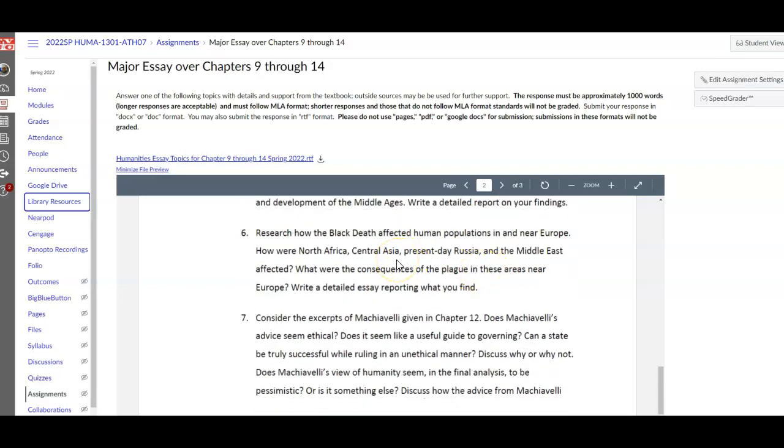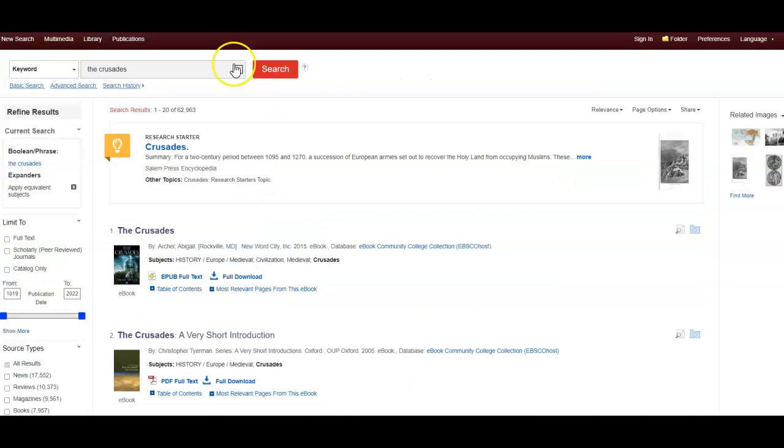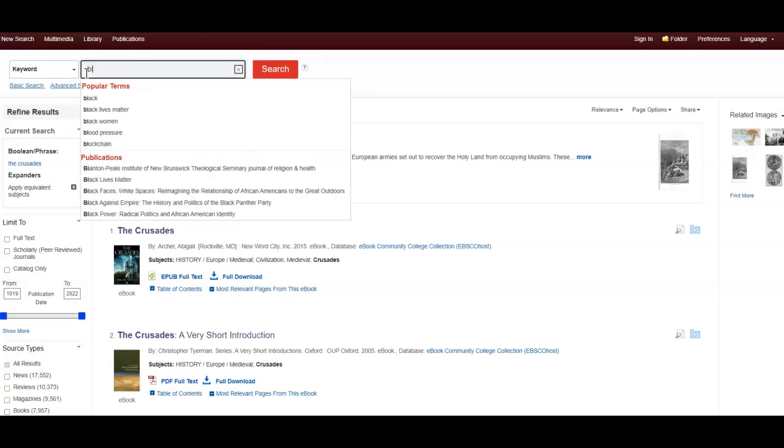This next one, the sixth topic, focuses on the Black Death, the Black Plague. Since we've been going through the last few years, most of you are probably familiar with the idea of a pandemic. Well, this gives you a chance to go back and look at another one. And again, if you go to our library resources, you'll be able to locate quite a bit about those. So if I put Black Plague up here,